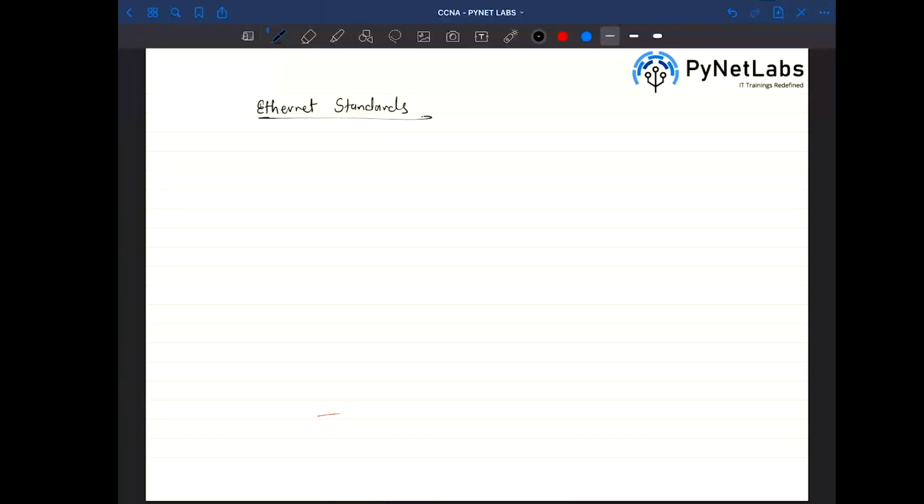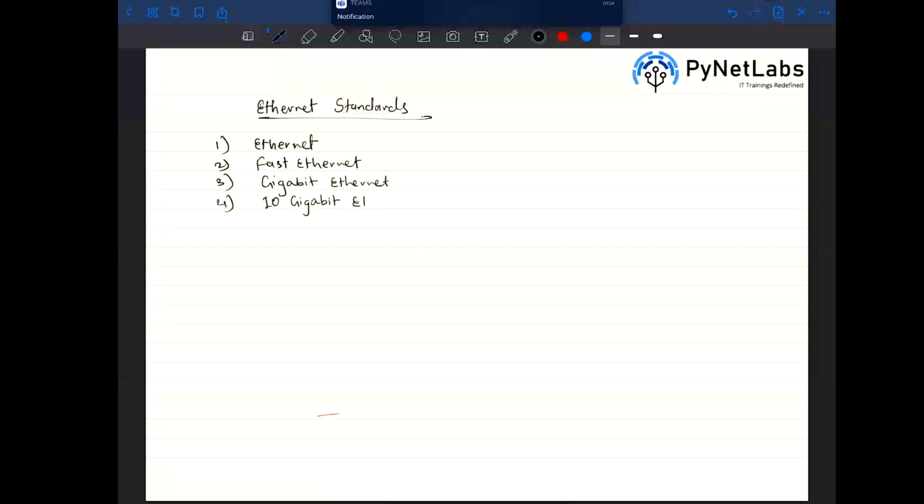So when we talk about these Ethernet standards, you have different Ethernet standards. The first one starts with Ethernet itself. Then you have Fast Ethernet. Then third, you have Gigabit Ethernet. And fourth, you have 10 Gigabit Ethernet. Cool. The Ethernet kind of gives you the speed of about